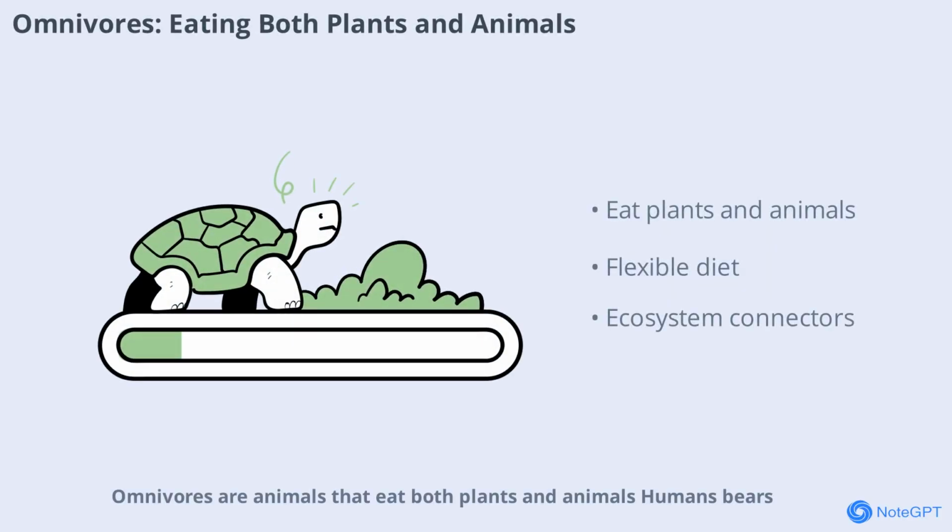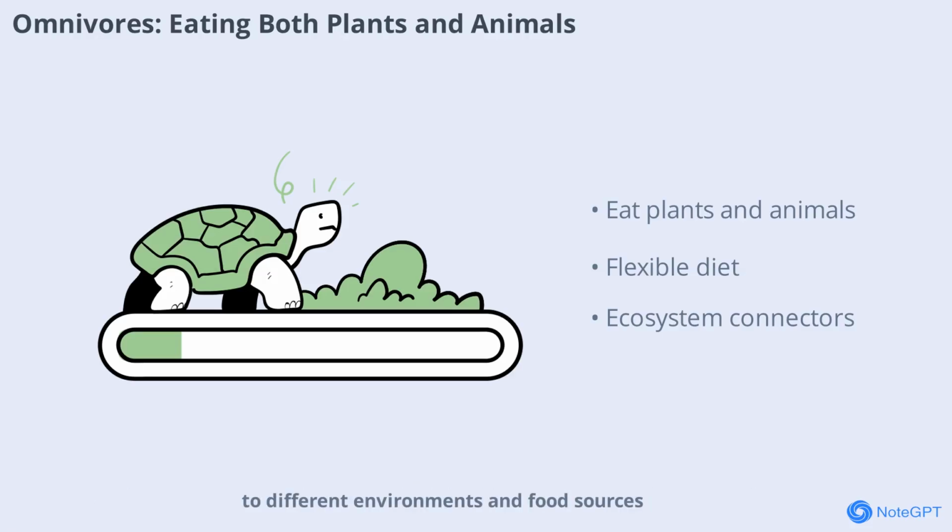Omnivores are animals that eat both plants and animals. Humans, bears, and raccoons are good examples. This flexibility allows omnivores to adapt to different environments and food sources. By feeding at multiple levels of the food chain, omnivores help connect different parts of the ecosystem and contribute to